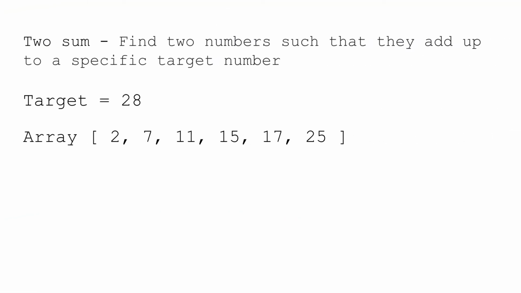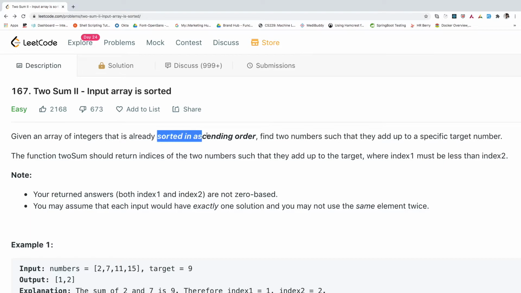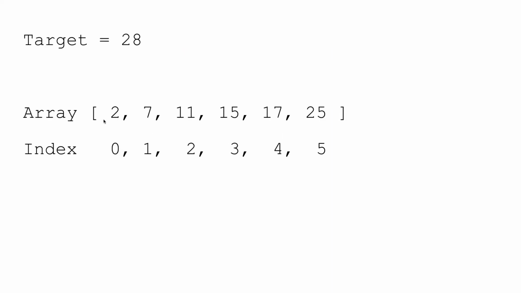So we should be thinking along this line where we can use this information. So here to get to an optimal solution, what we can do is we can simply use this information from the problem description, where they have mentioned that the given input array would be in sorted order, right? So whenever you are getting an input which is already sorted, you can always think of using 2 pointers. For example, let's say you are given this array and these are its valid indexes, right? So what we can do, we can simply initialize 2 pointers, one at the beginning of the array and one at the very last element of the array.